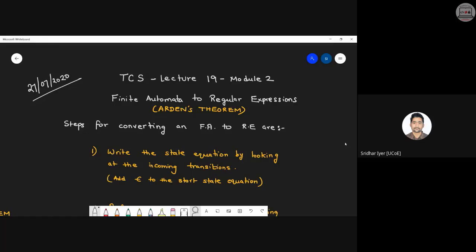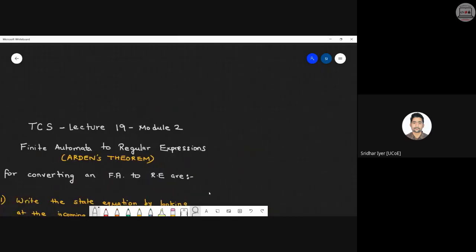First understand the concept. The concept is all about you will be given a finite automata. It could be a diagram or it could be a table. You have to convert that finite automata into a regular expression. Simple. So what have we done until now? We were given something like this, a plus b closure, and we drew the diagram corresponding to this. But now we will be given a diagram. It can be a DFA, it can be an FA, whatever. So in general, we are going to call it as FA.